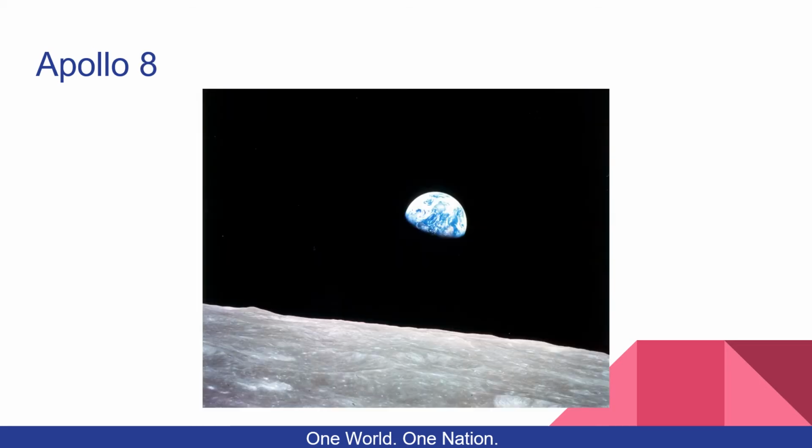Apollo 8 was another manned mission, and it launched on December 21, 1968. Its objective was to orbit the moon for the first time. It was a successful mission, resulting in the famous image known as Earthrise. The mission took place during Christmas, so the astronauts Frank Borman, Jim Lovell, and Bill Anders read the first 10 verses of Genesis. Apollo 8 was the first time that humans had ever visited the moon and came back safely.